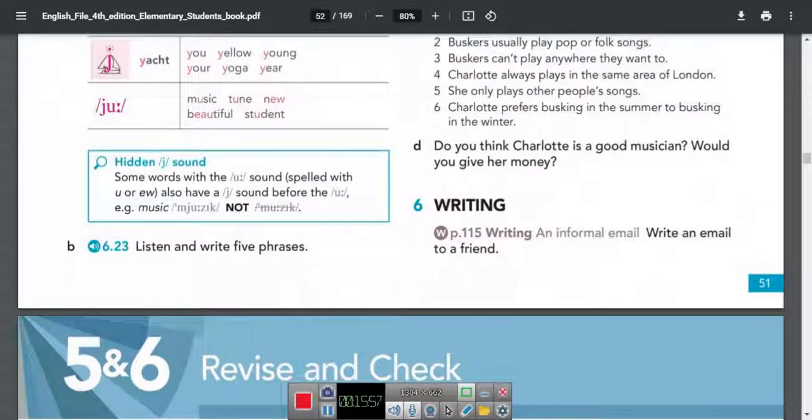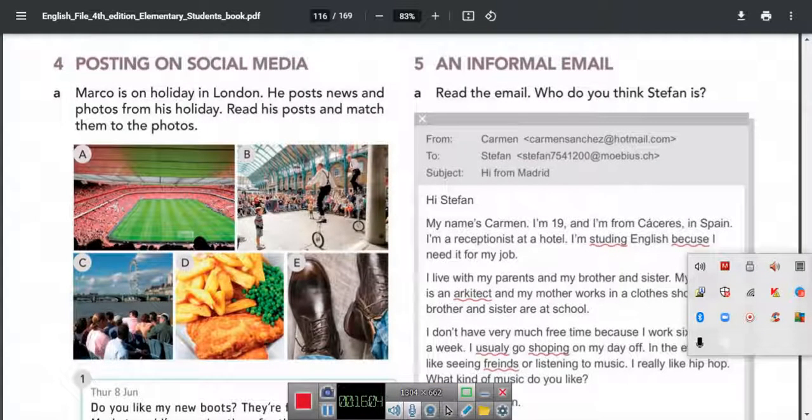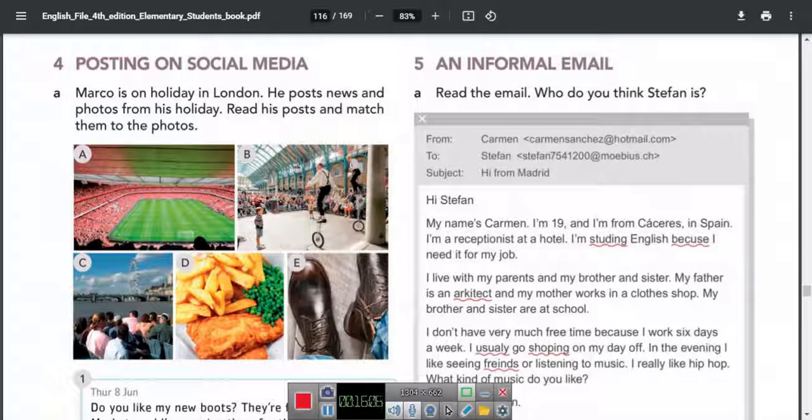Okay, and the last assignment for today is writing. Let's go to the page 115. So, an informal email. Read the email. Who do you think Stefan is? Итак, читаем сообщение. Hi Stefan, my name is Carmen, I'm 19 and I'm